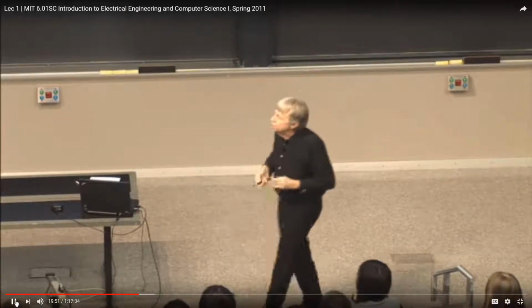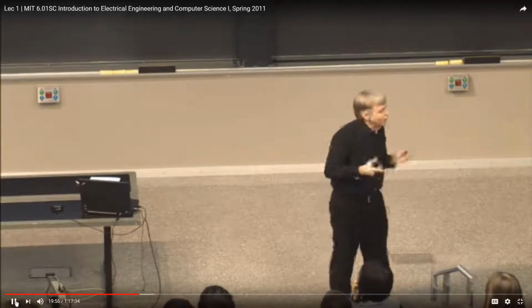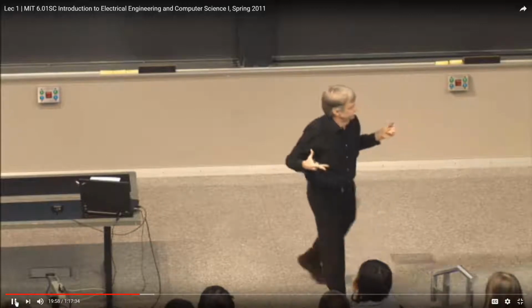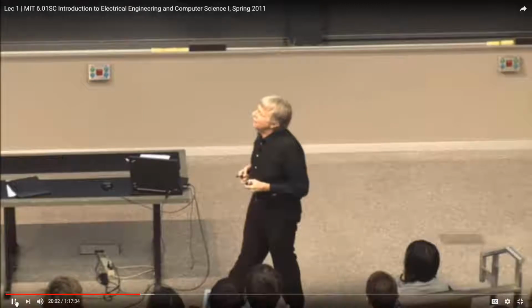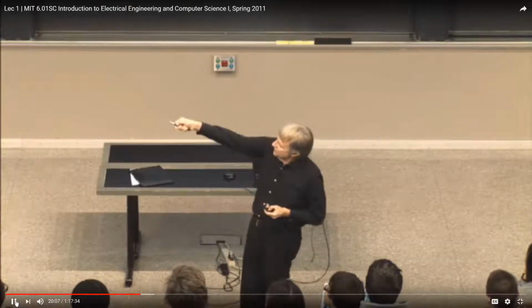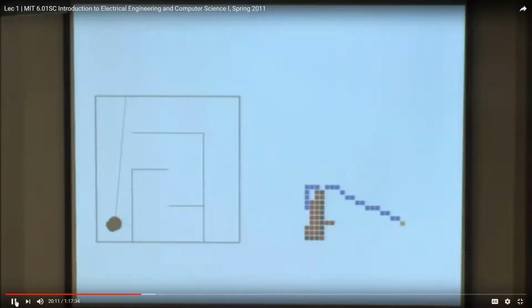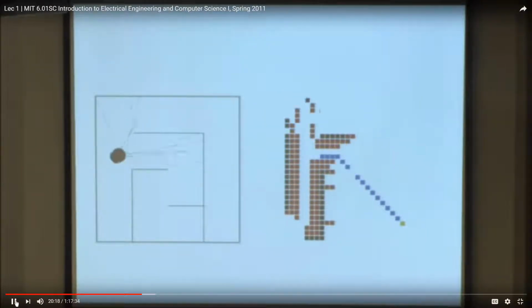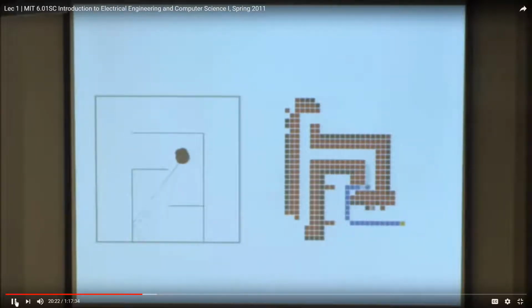I'd still want to go from where I am, purple, to where I want to be, gold. So what I do is I compute a new plan. OK, then I start to take a step along that plan. And as I'm stepping along, OK, so now I think that I can't go from where I started over to here. I have to go around this wall that I didn't know about initially. So now I just start driving. And it looks fine, right? I'm getting there. Right? So now I know I can go straight down here. Oh, wait a minute, there's another wall. OK, what do I do now?